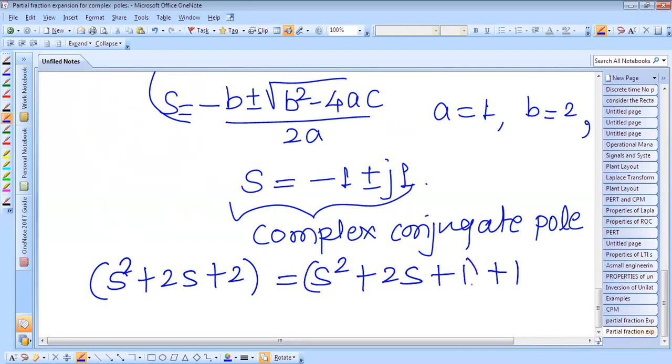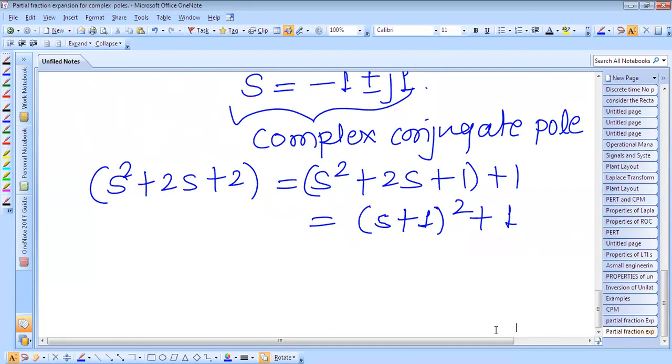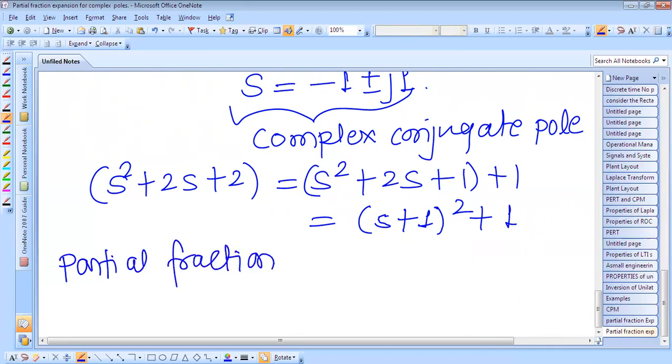So this is the square of this term, (s + 1)² + 1. In this way we can write it in the perfect square term, and therefore the partial fraction expansion for X(s) takes the form